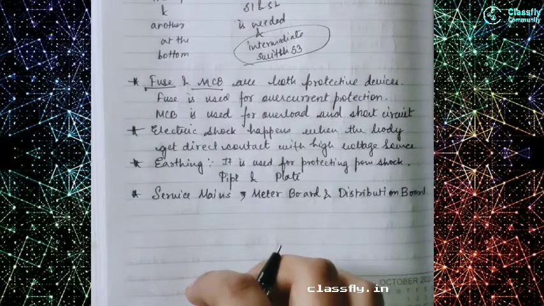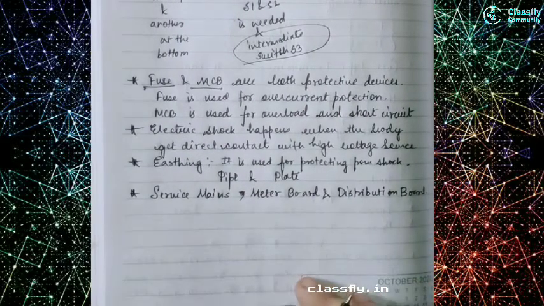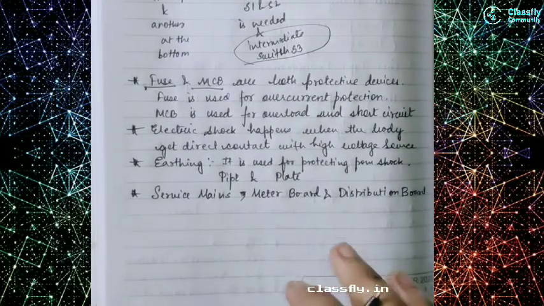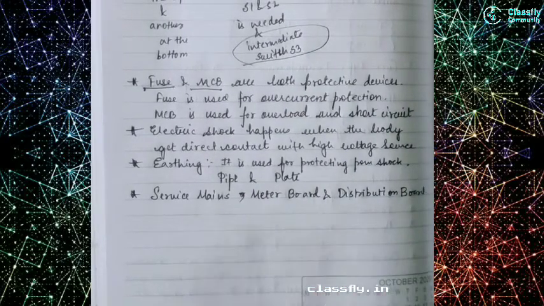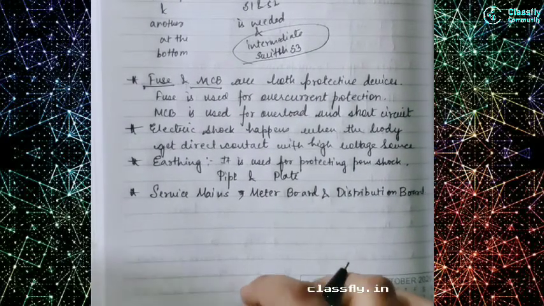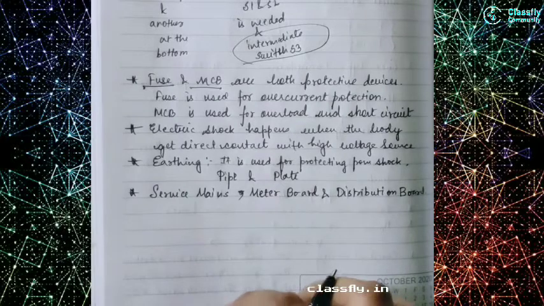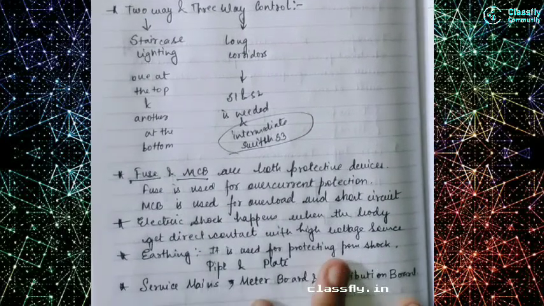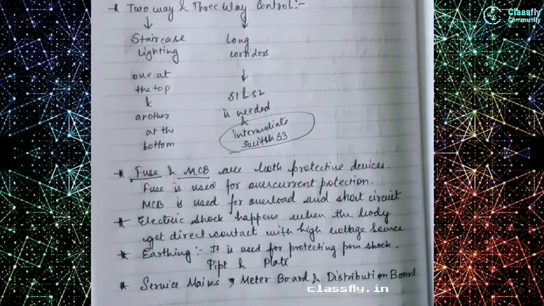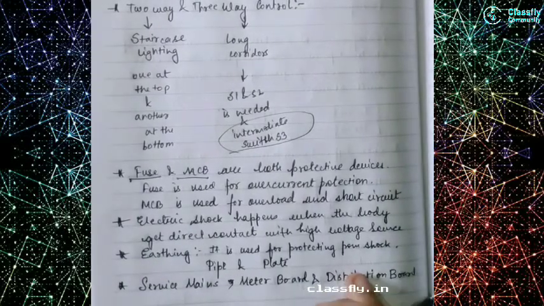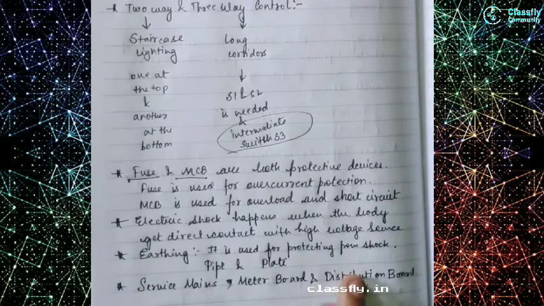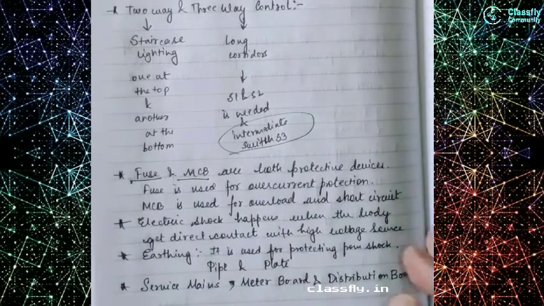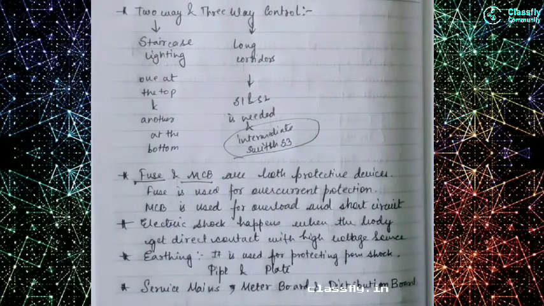Moreover, the meter board and the distribution board are in a panel, basically in a meter panel. They are at such a height that both the consumer as well as the authority can access it and read the meter. So basically this was the full revision of module 3 in a very brief manner. These are the main points. What you have in the syllabus is all there, but these are the main points you need to know. If you want to learn all the concepts, you must see the lectures that have been provided.